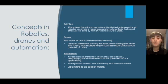Some key concepts in this field: RPA systems, also known as robotic process automation, is the implementation of robotics to complete repeatable and structured tasks that would otherwise be done by human resources. Drones are also known as UAVs, and they are typically used in the transporting bit of the supply chain. They're an alternative in many industries and they can be implemented throughout the supply chain. They have varying degrees of success, depending on business model and products, which we will look at more in the